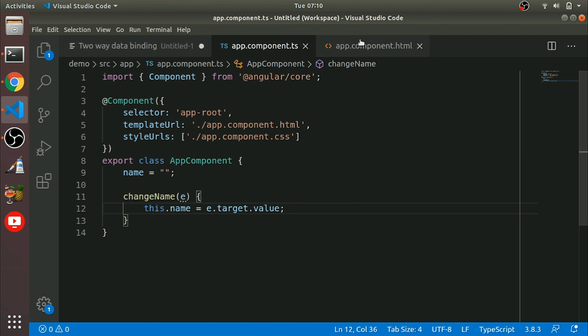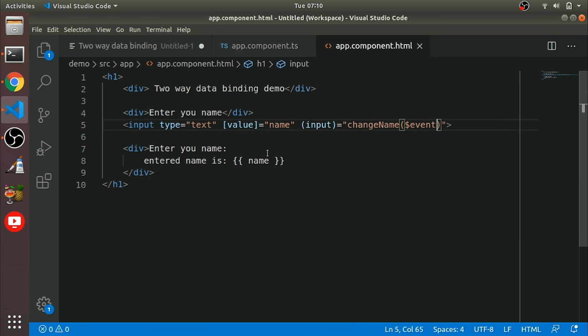So what will happen here: we have defined a name property and bound it to the value property of the input type text element. Then I defined a changeName event that is bound to the input event of the HTML text. So this is component to view, and this is view to component.